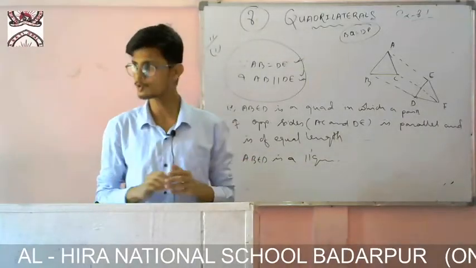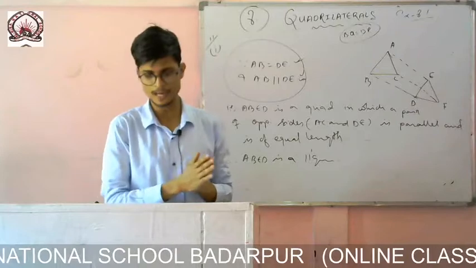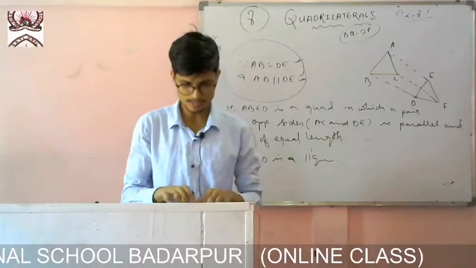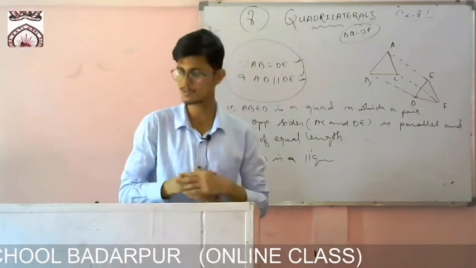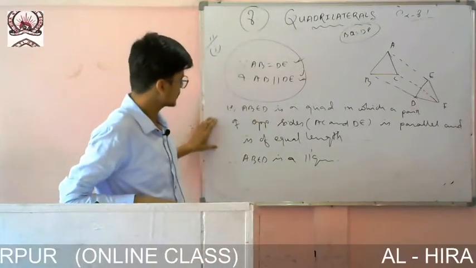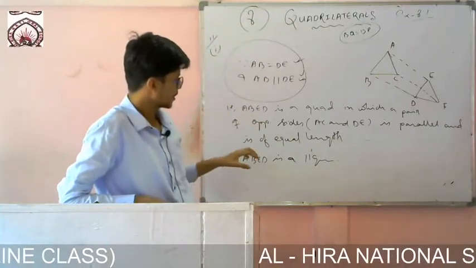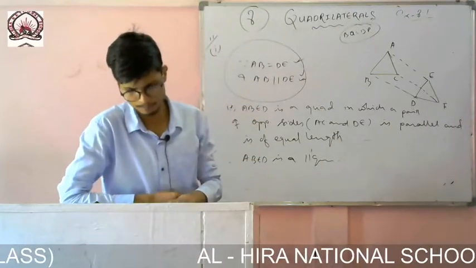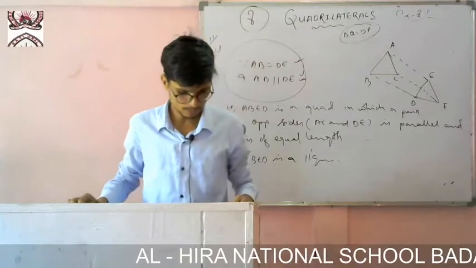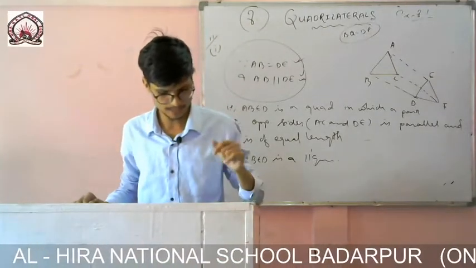Roman number 2 is also the same. You see in this one also the lines are given parallel. BC is given equal to EF, and BC is parallel to EF is also given. So you write the same thing, just change this part, and then you write the same answer. Roman number 2 is also the same. Then what you have to show is that AD is parallel to CF and AD is equal to CF.